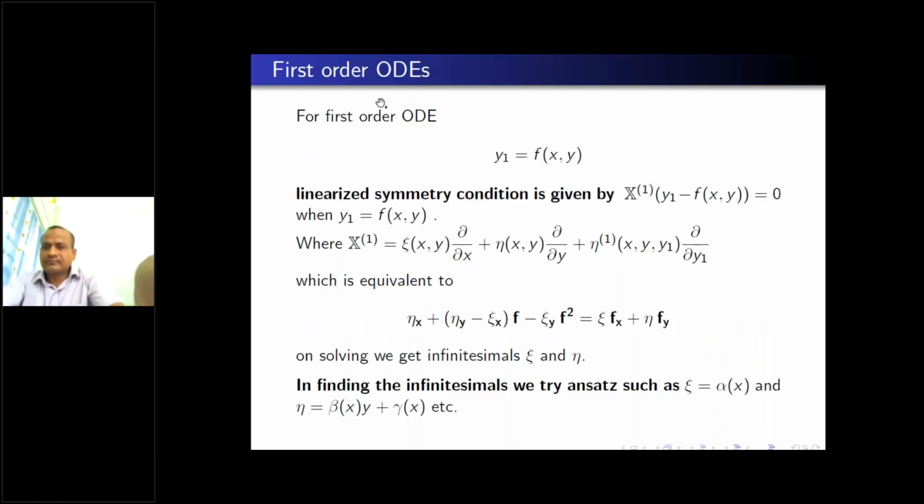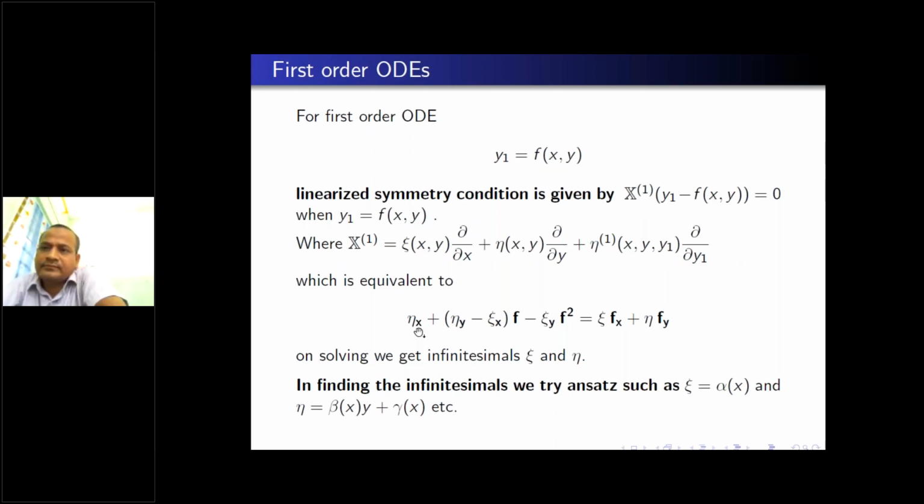Now let us in particular talk about first order ODE. For first order ODE, y1 = f(x,y). The linearized symmetry condition is given by X^(1)(y1 − f(x,y)) = 0 whenever y1 = f(x,y). We have seen in the last slides for nth order ODE, this is in particular first order ODE, where X^(1) is given by ξ(x,y) ∂/∂x + η(x,y) ∂/∂y + η1 ∂/∂y1, which, when you solve this, is equivalent